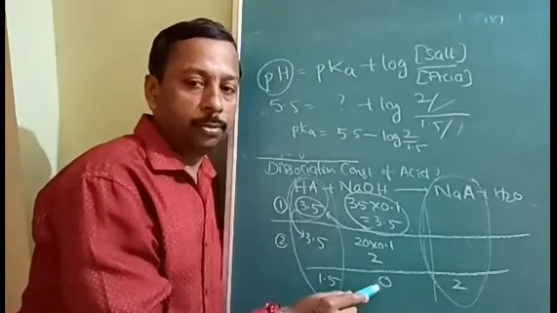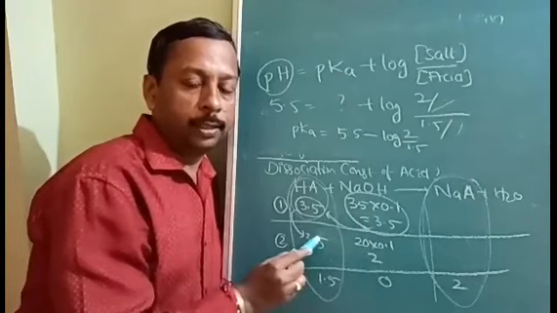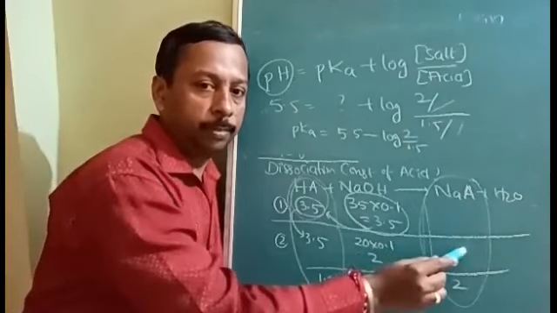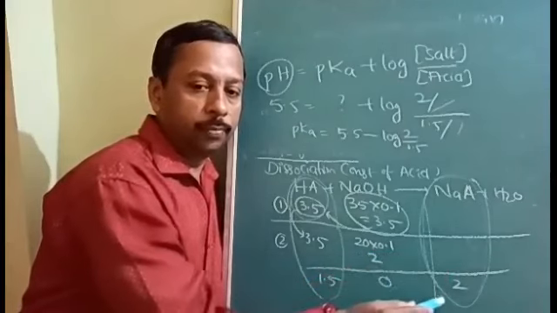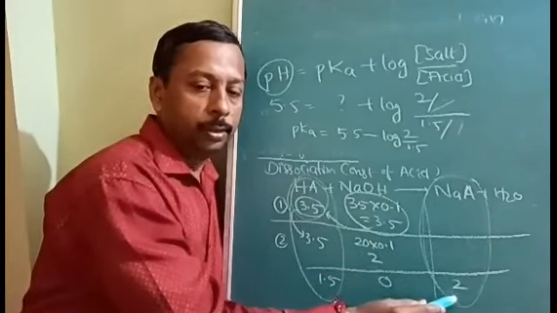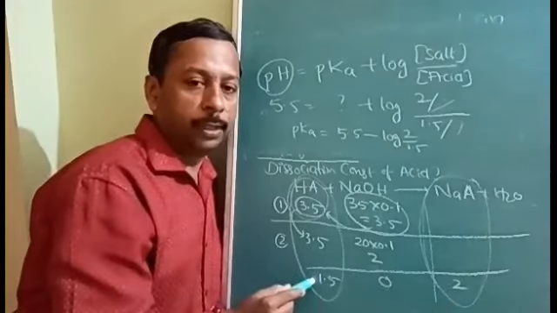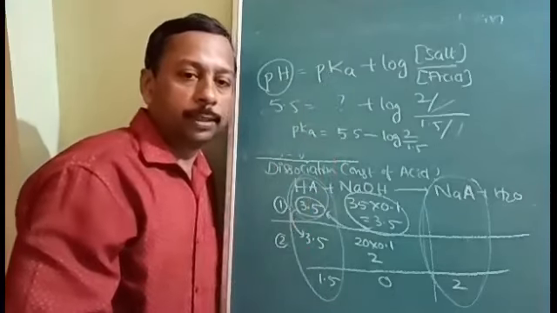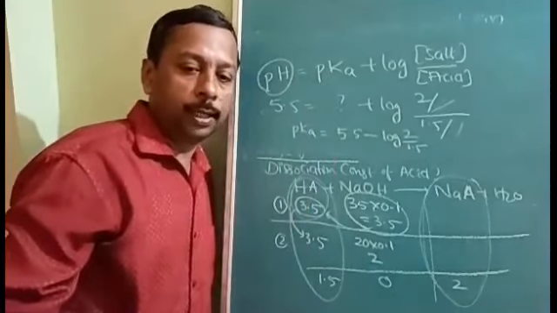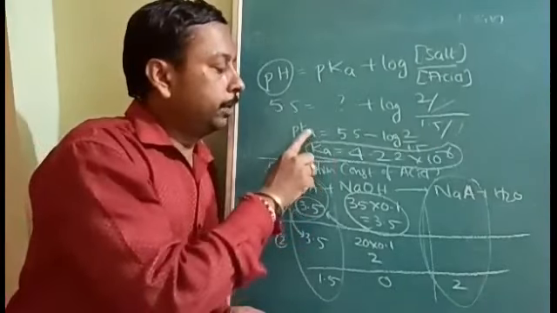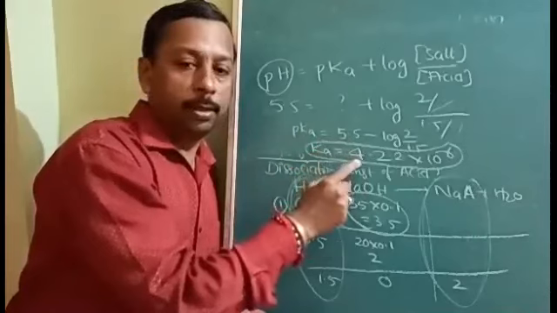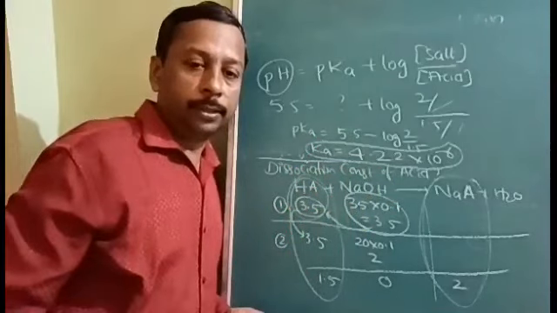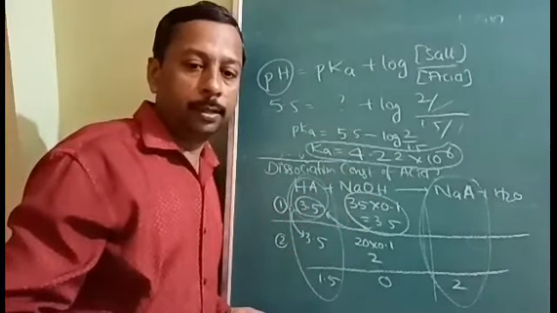Will the base be left over? No, 0, because it is the limiting reactant and the acid is the excess reagent. Extra how much? 1.5. And according to this, the salt will be forming, so this is 2. Therefore this is also going to be 2. So 2 is the salt, 1.5 is the weak acid, so it is an acidic buffer. I have used the acidic buffer formula by substituting this, and you should get the answer for this as pKa, and Ka will be the antilog. After applying the antilog, you will get 4.22 into 10 to the power of minus 6. So that is the Ka. Is it clear?